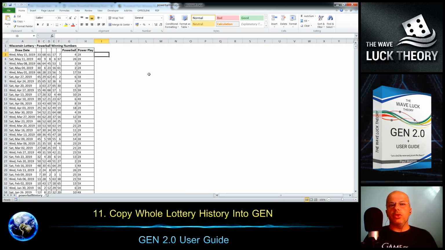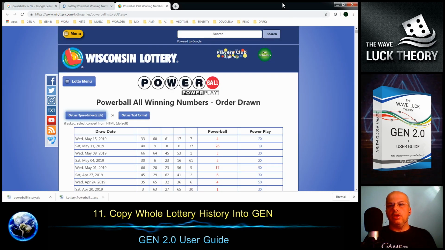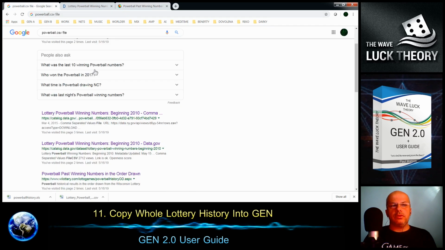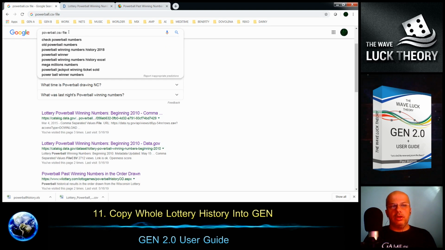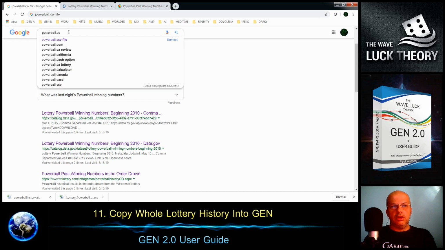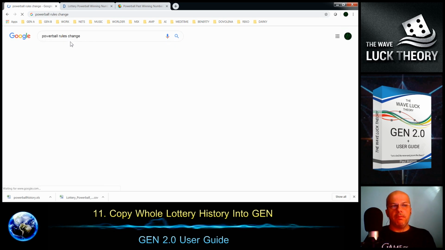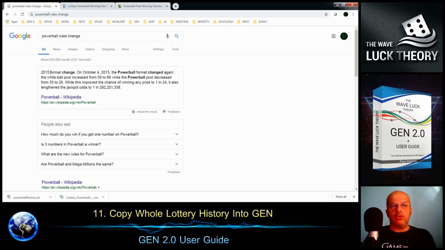The second thing we usually have to check is the rules of the lottery, because from the past sometimes they are changing the rules. So let's check the lottery history. I would write here rules change, and here for the Powerball we can read then on October 4th